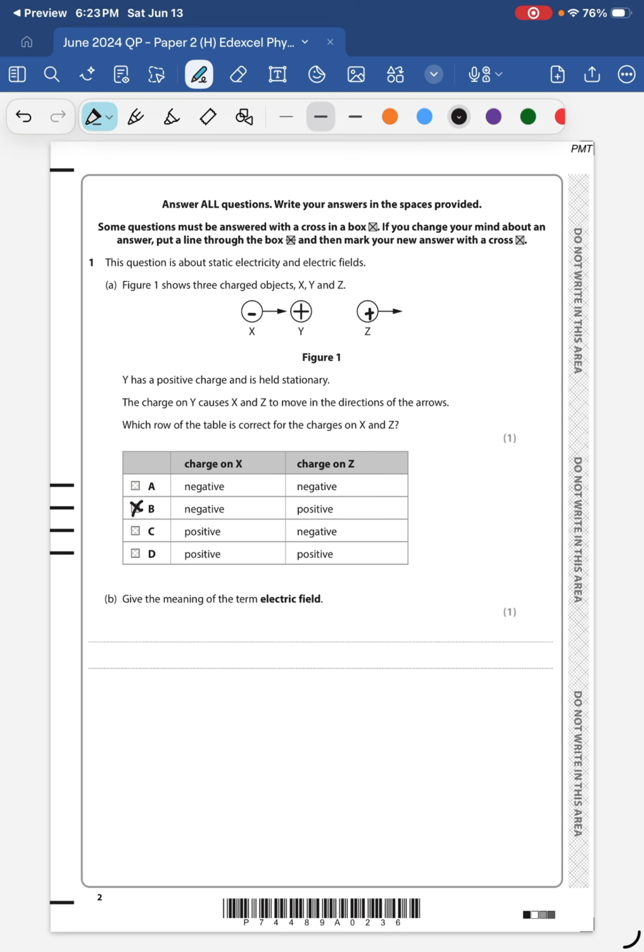Okay, so moving on to part B, give the meaning of the term electric field. So an electric field,